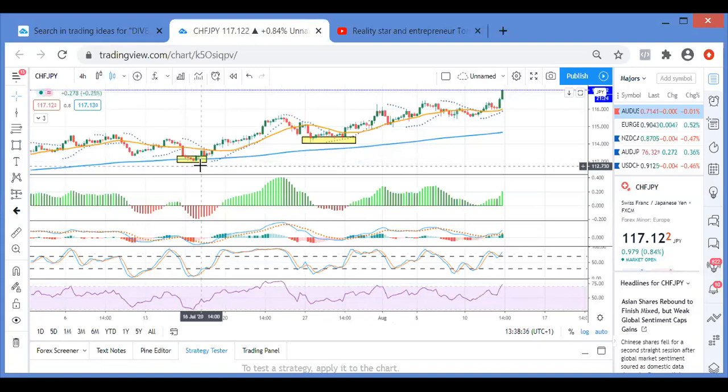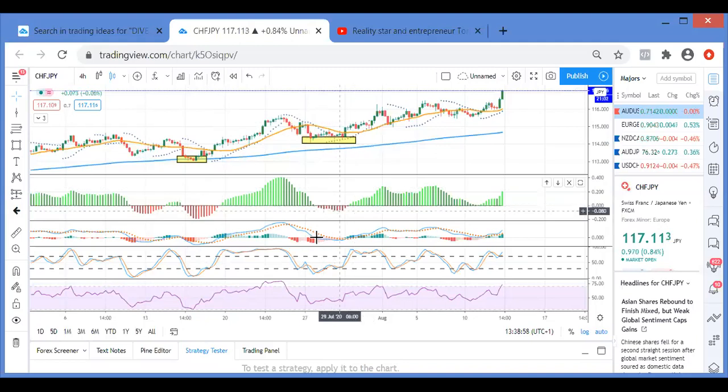Simple. However, the reason why I wouldn't take this trade is that there's no hidden divergence. I need this second one to be lower than this one. On the markets, you want to see higher lows. But on your MACD, you want to see the second low on the histogram lower than this low. You know these lines here, they're called the histogram.